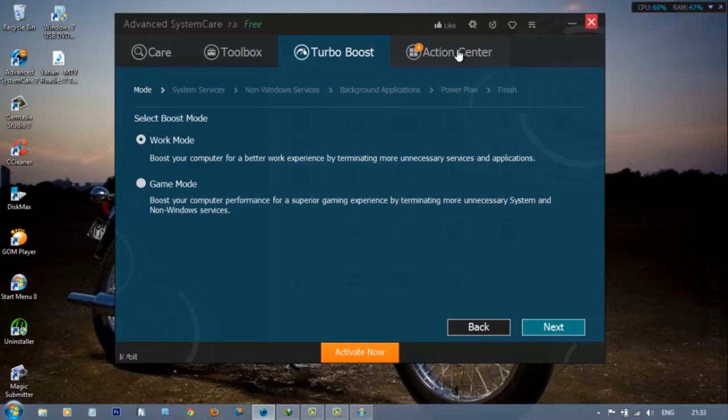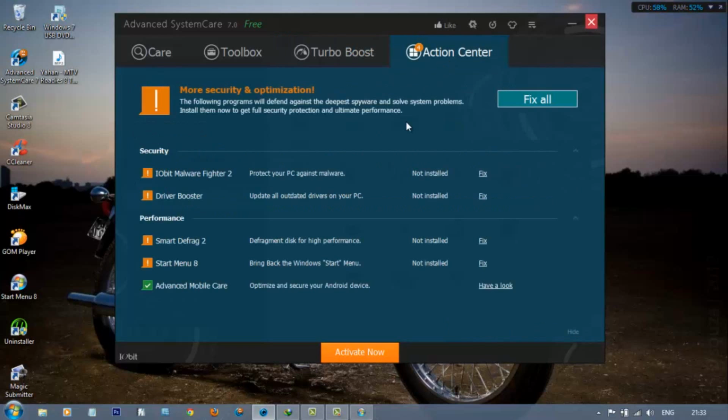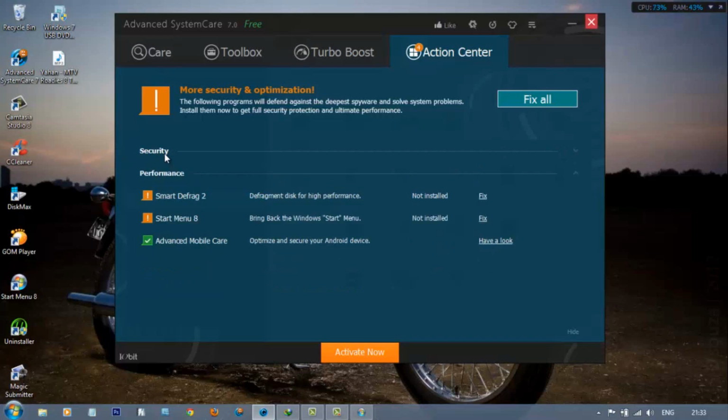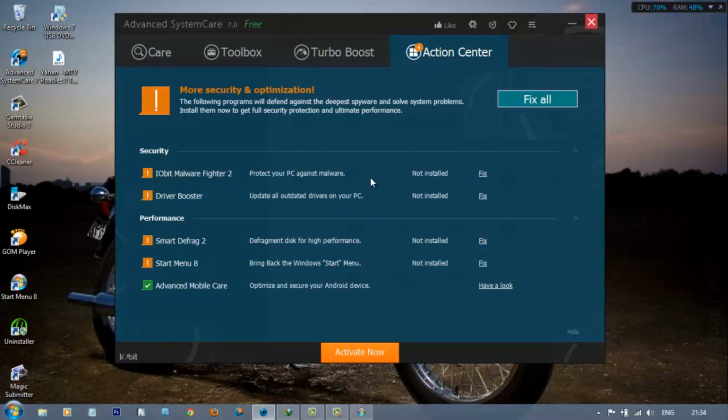The next tab is Action Center. Action Center gives me suggestions of what has to be done to optimize and boost up the performance of my computer. In the security module, it is asking me to install IOBit Malware Fighter 2.